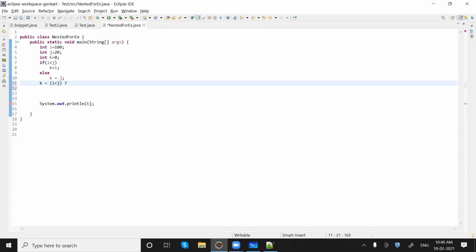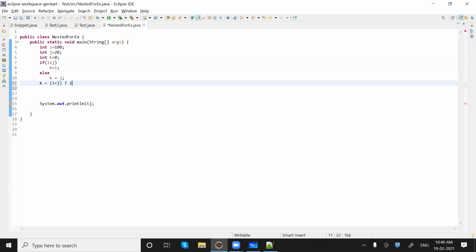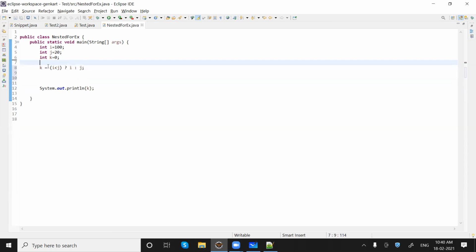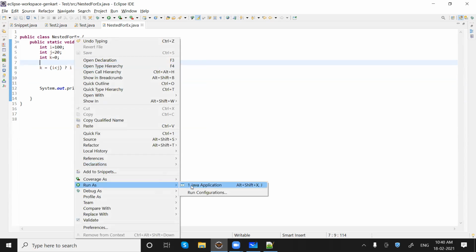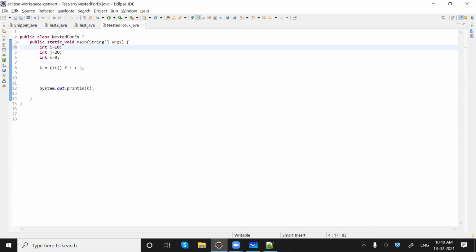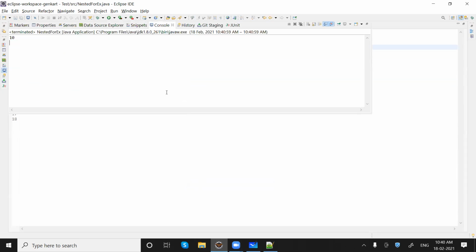In the true part, what we are doing with if, you can see we are doing i, or in else what we are doing is j. Now let me just run this one. We are getting 20. When it is 10, then obviously we will get 10.